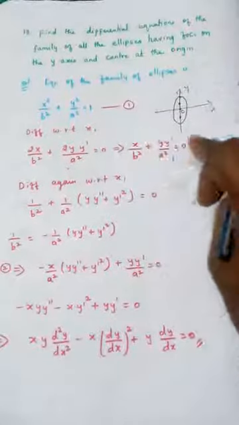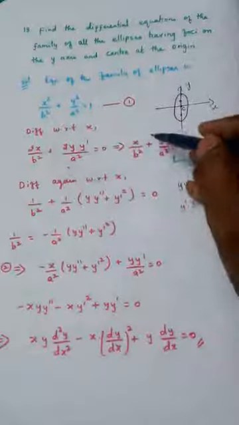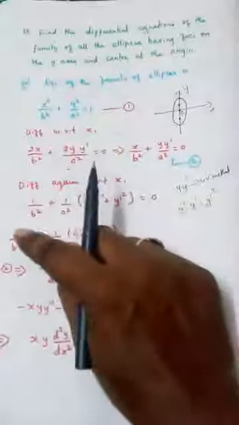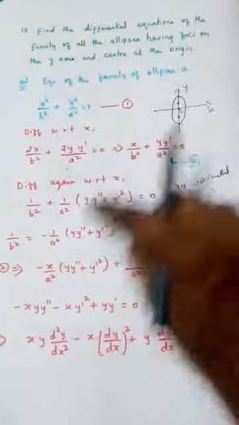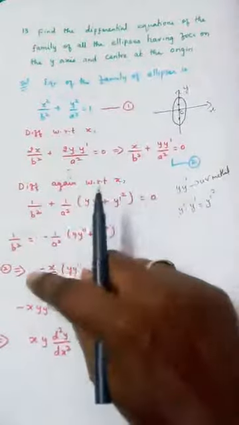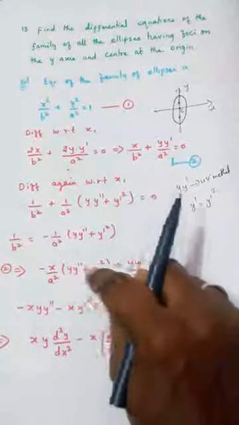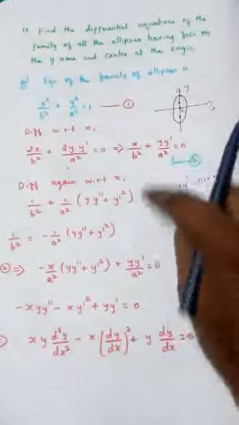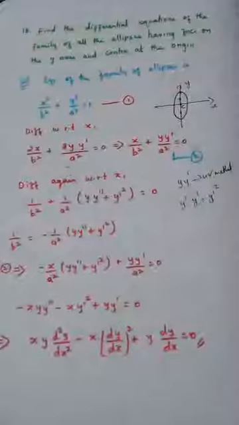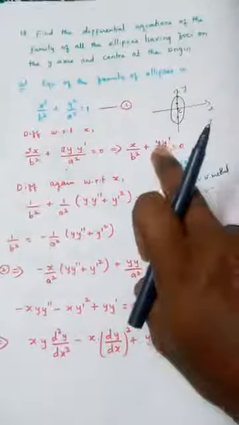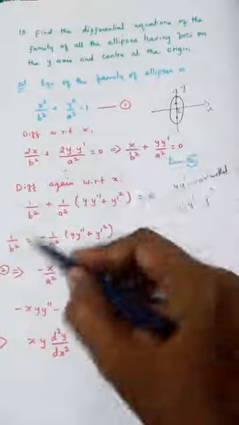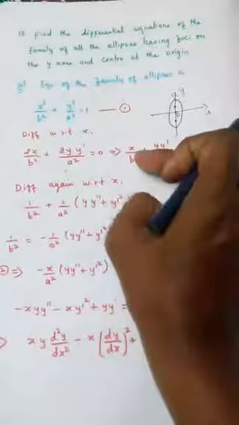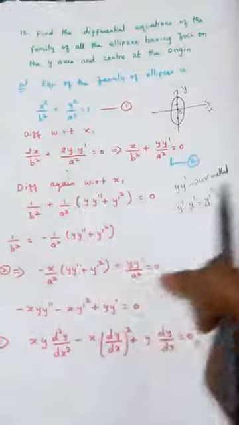Now in the second equation, I am going to substitute this. Just listen carefully. 1 by b square can be written like this. Here 1 by b square is present. So x is first written, 1 by b square is replaced with this value, minus 1 by a square into (y double dash plus y dash square), and this term is written as it is, equal to 0. Hope you understand this. This line is written from the second equation, out of which the 1 by b square value is substituted here, so that you get this line.